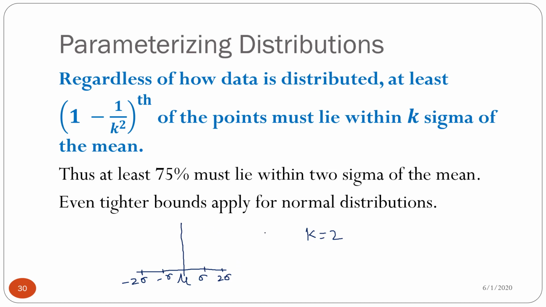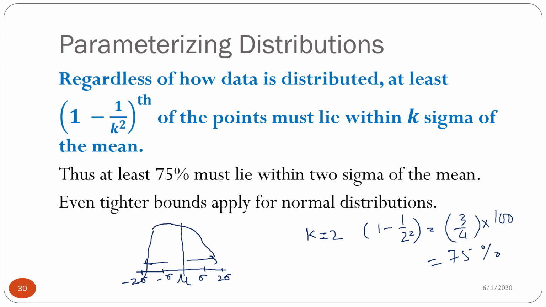Now what it says is that when you have k equal to 2, that means 1 minus 1 by 2 squared, which is 3 by 4. Alright, 4 minus 1, 3 by 4. 3 by 4 into 100, which is 75%. Okay, so it says that in between this side 2 sigma, this side 2 sigma, if you have a distribution like this, maybe you have distribution like this, then the points that you have,